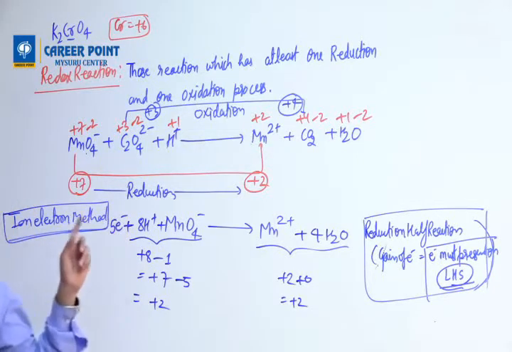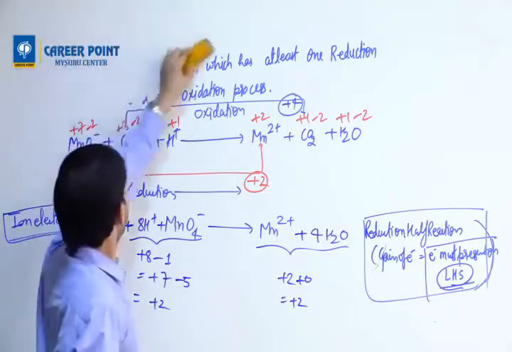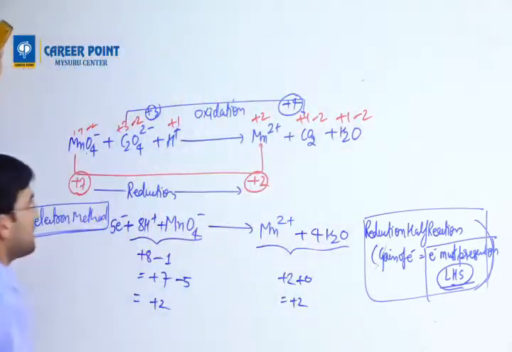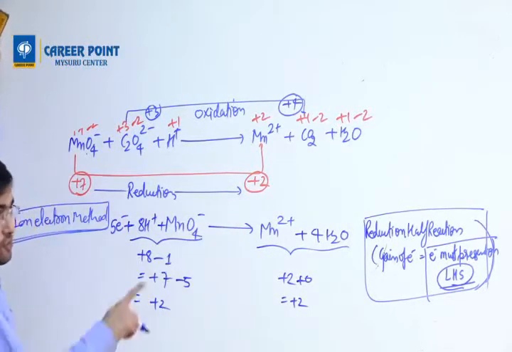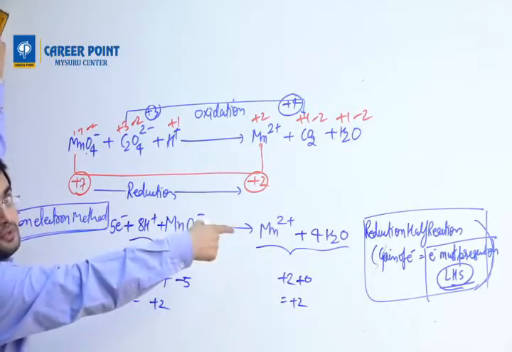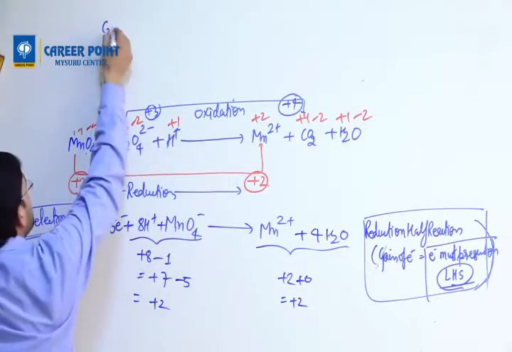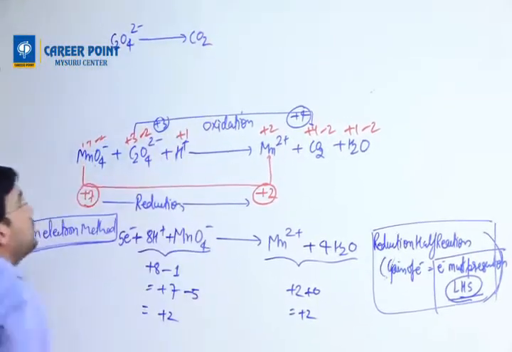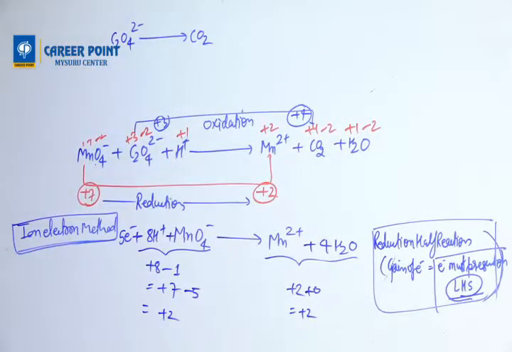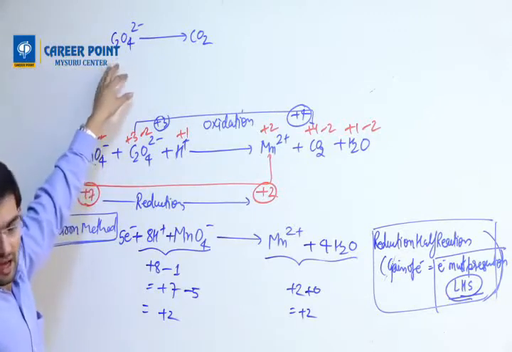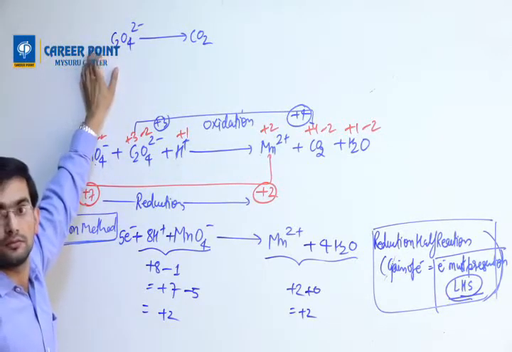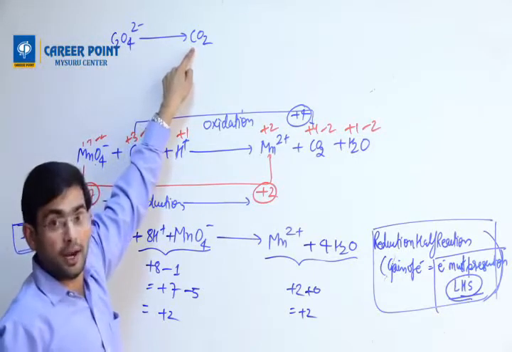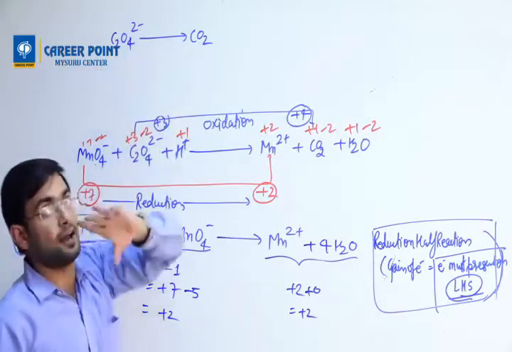Okay, so I'm going to erase from the top. This is the reduction I've done. The way I've done reduction, I'll do one more. Which one? Oxidation. Oxidation, C2O4 2 minus converting into CO2. This is another change happening. Now the point here is how many carbon? There are 2 carbon. There are 1 carbon. So you should balance carbon first.